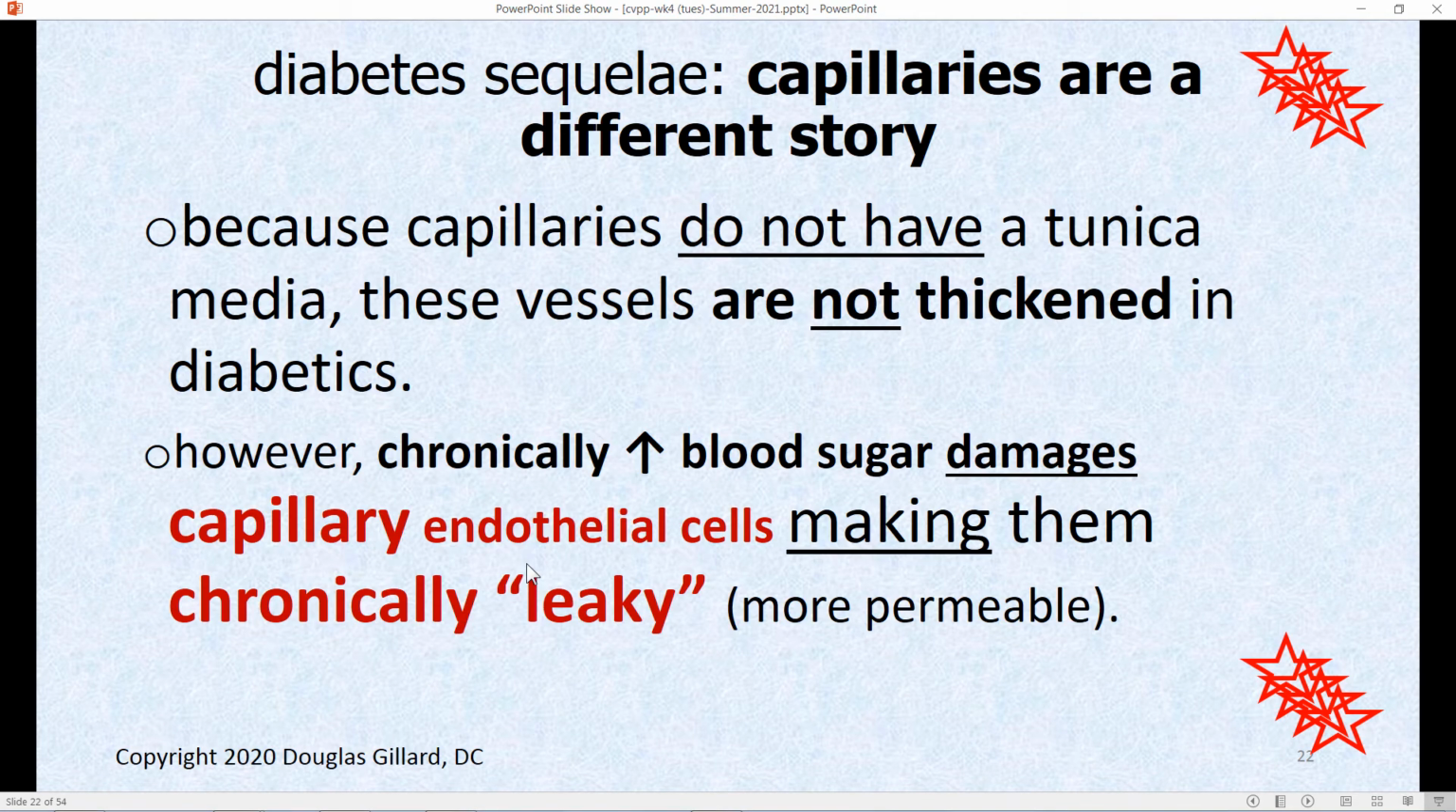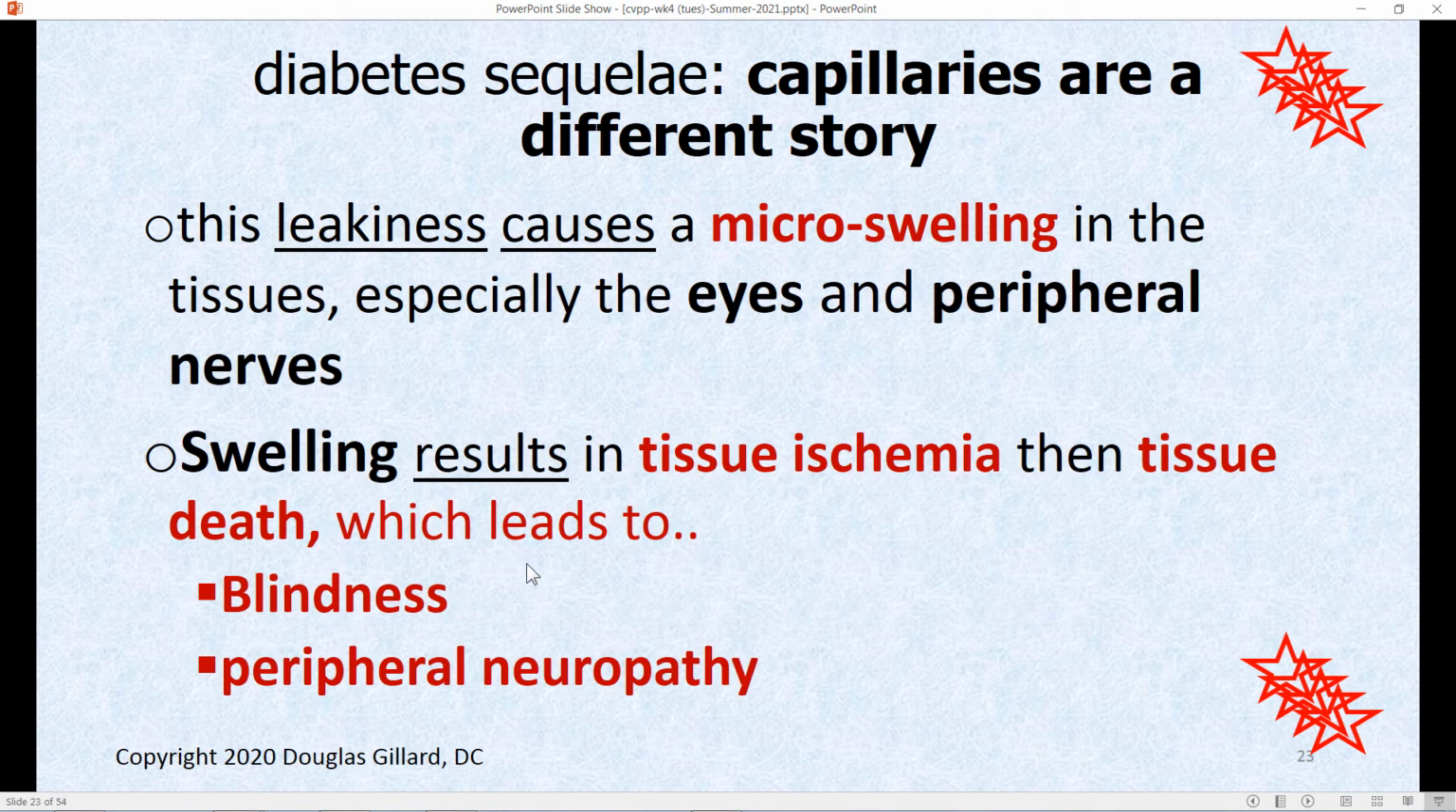Diabetes versus capillaries is a little different story. Capillaries don't have a tunica media, so they're not going to thicken up. However, the chronic sugar levels, the exposure to sugar, actually shrinks the endothelial cells of the capillaries and makes them really leaky, more permeable than normal. So you start to get a slow kind of swelling going on, like a micro swelling, not enough to be visible on the outside, but this micro swelling will cause tissue ischemia because